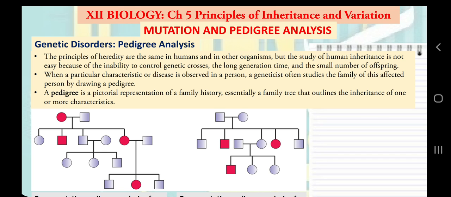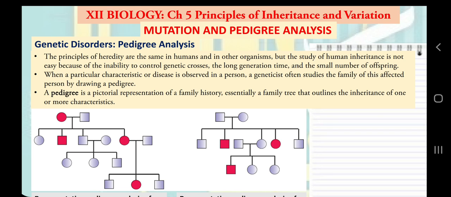the study of human beings in terms of genetics is not that easy, because we cannot perform genetic crosses on humans, and the lifespan of humans is very big as compared to pea plant or Drosophila melanogaster. So it will not be easy to conduct any experiment, and we cannot force human beings to involve in controlled mating behaviors. If you think about the test cross and the back cross in terms of pea plant, and if you want to apply that in human beings, how difficult or ridiculous a thing it will be.